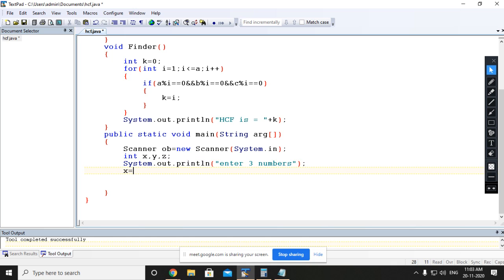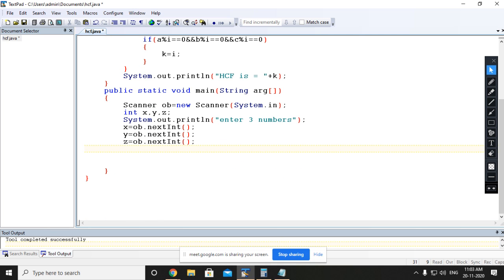I hope everyone is getting these things. These things we have done number of times. After that we need to create a